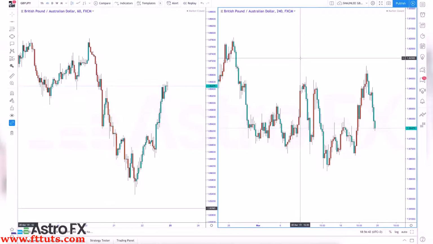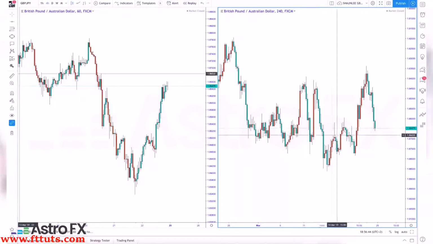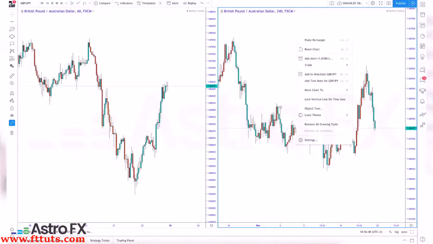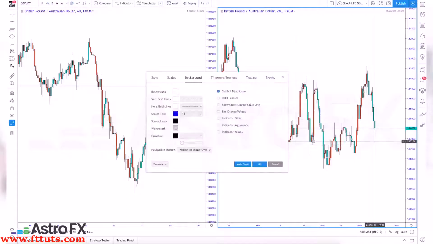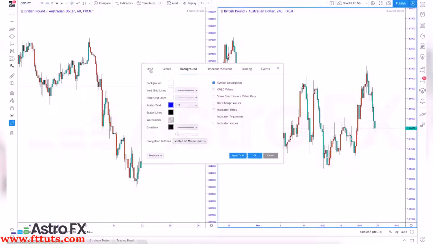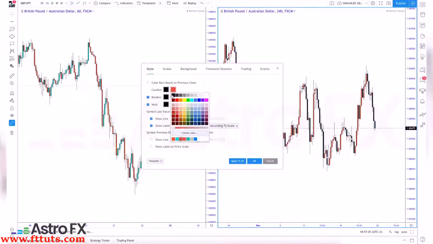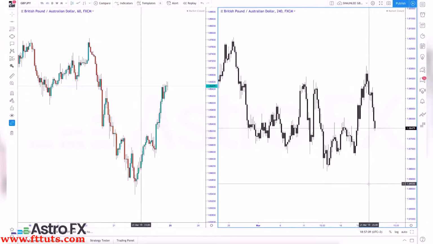So what also we can do, the suggestion is here, is that if you just follow me, this will all make sense in a moment. All right, so if we go to color theme, and we go to settings, we'll save this first. We go to settings, you go to style. All right, so what I want to do with the candles, because obviously they are opposite, we want to go black, black. All of these settings are now black. Okay. As you can see,